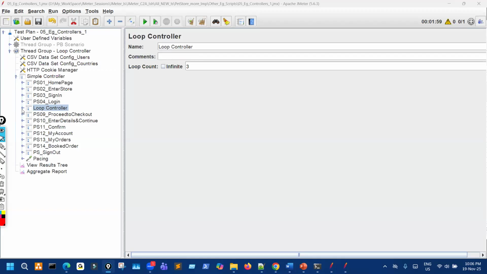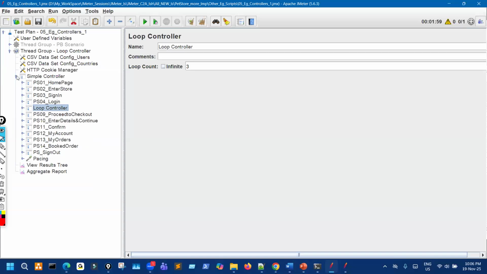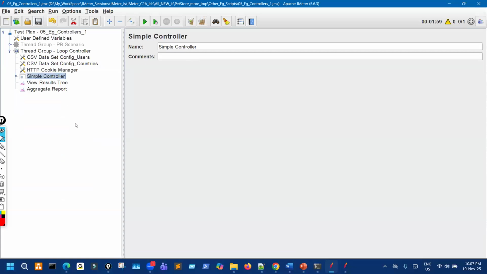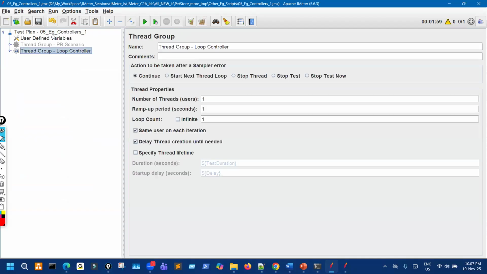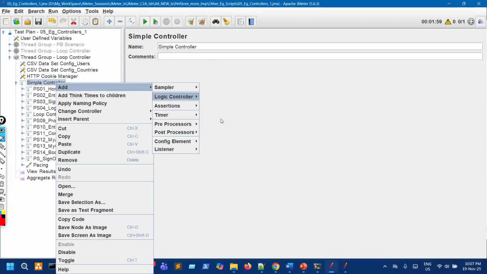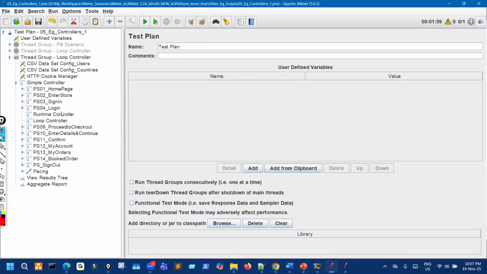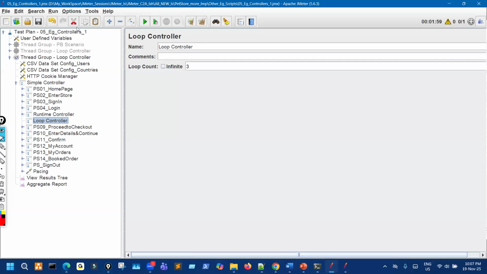And suppose we want to execute the same thing based on time for some duration, then we use runtime controller. So let's see that example. Add runtime controller: again, the simple controller, go to controller, runtime controller. Inside runtime controller,